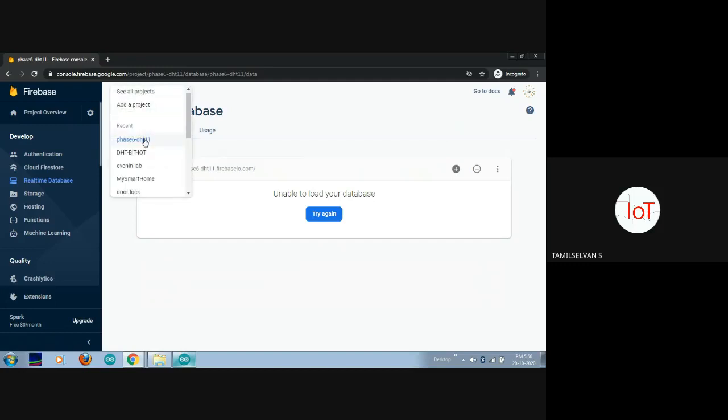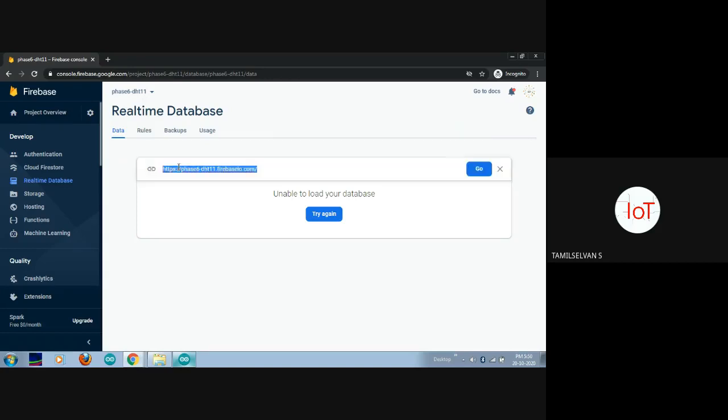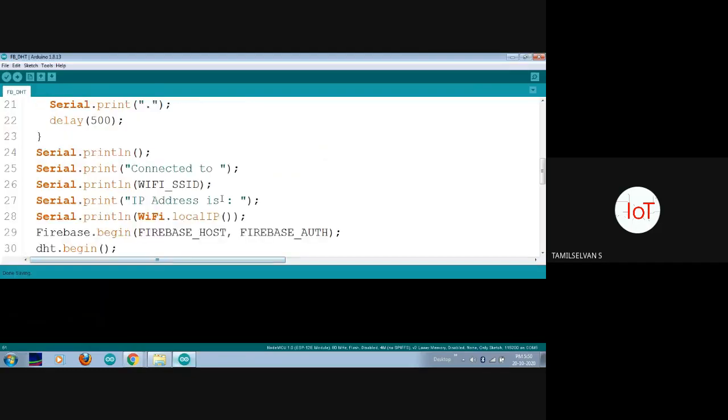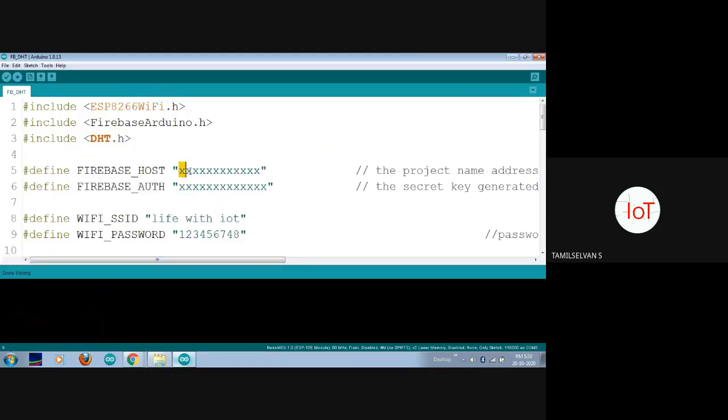So we are in the project phase 6 DHT11, and now the important thing is you have to copy this particular URL. Click here and copy this URL, then go to your code and paste your URL here in the host.